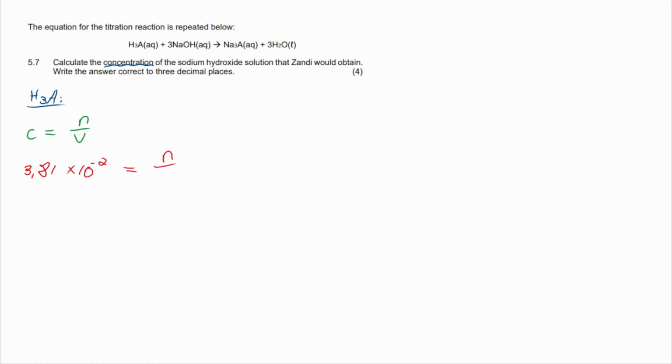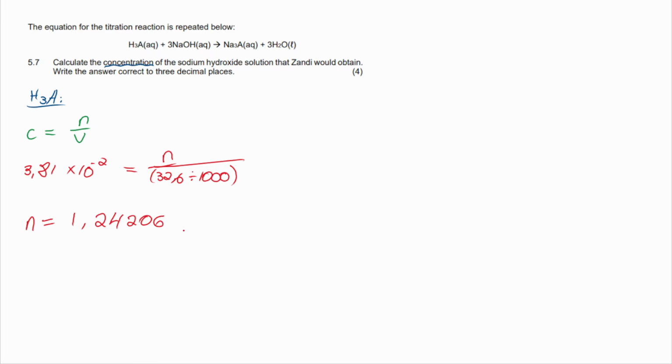32.6. But again, we have to divide by 1,000. So it's 32.6 and divide by 1,000. I like to put that in a bracket, and then n is over that whole thing. So when I solve for n, I get 3.81 times 10 to the minus 2 times 32.6 divided by 1,000, all in a bracket. And if I do that, I get this for my number of moles,